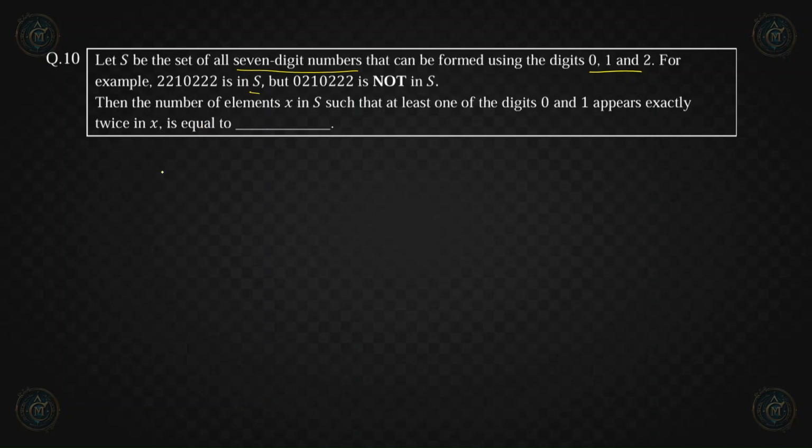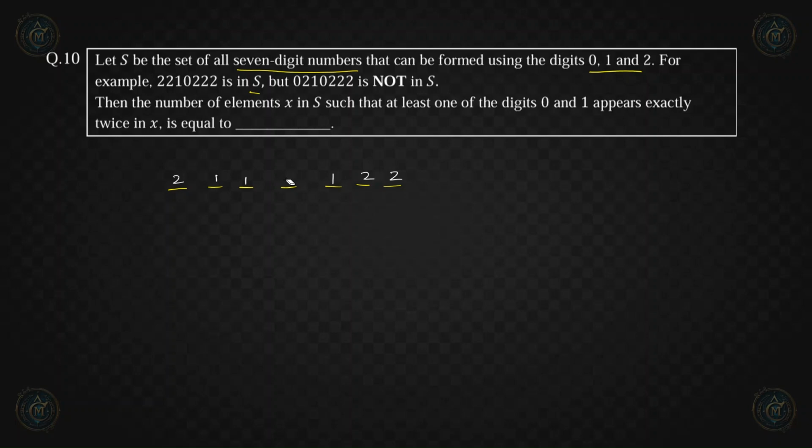That means we can have a possible number, let's say like this. So this is 1 2 3 4 5 6 7. So we have these 7 places, right? So let's say a possible number will be this: 2 1 0 0 2 2 2. Here this 0 occurs exactly twice. At least one of them is occurring twice. We can have another possible number, let's say we place 1 here instead of 2. So then again this is also in this set S, or we can say this will also be included in our answer, right? And then we can have this number also.